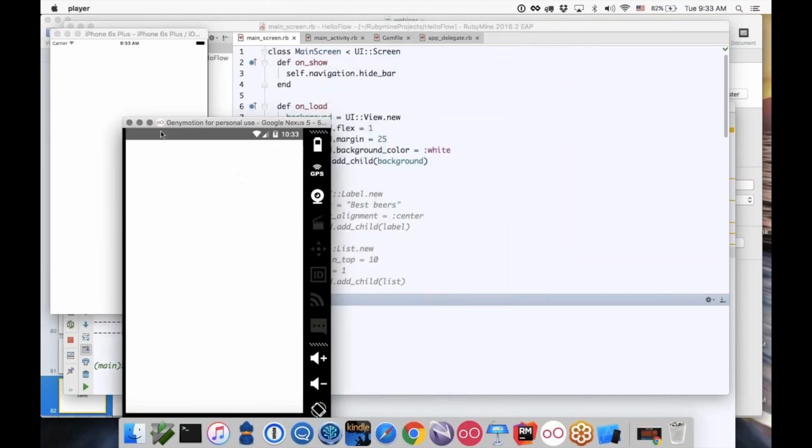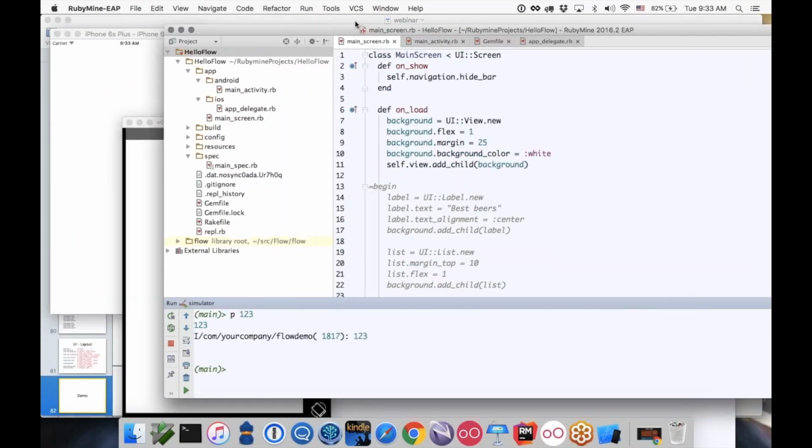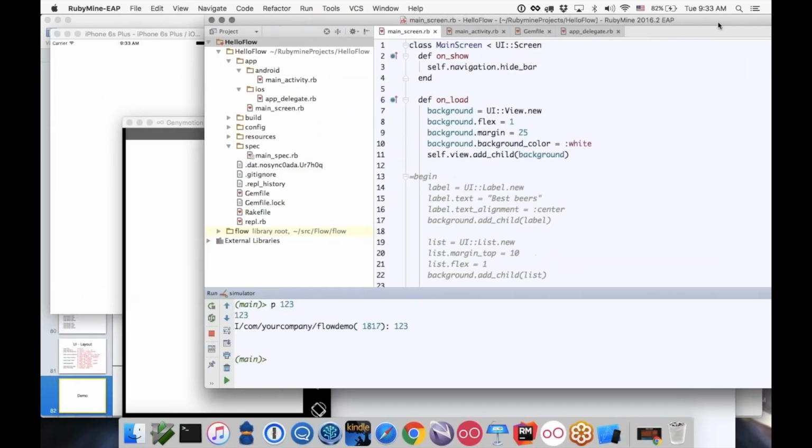I have two windows here, and I have the iOS simulator and the Android simulator. And here I have my Flow REPL. The great thing about Flow is that it has a unified REPL. So the expressions I type here, as you can see, actually run on the iOS simulator and the Android emulator. So for example, if I resize my window here,